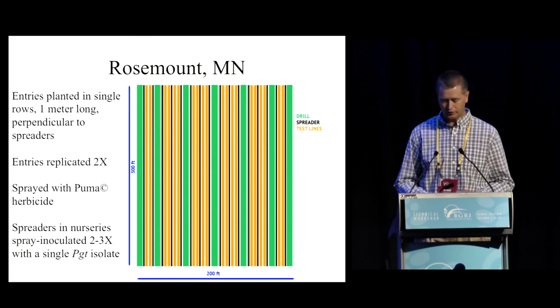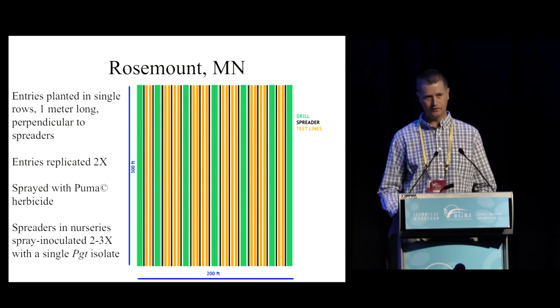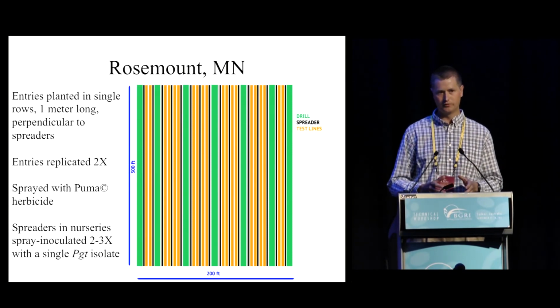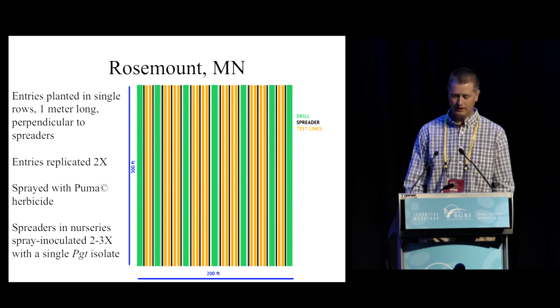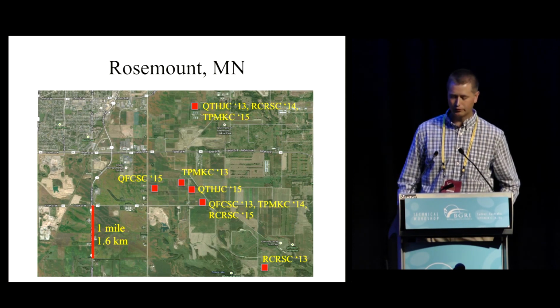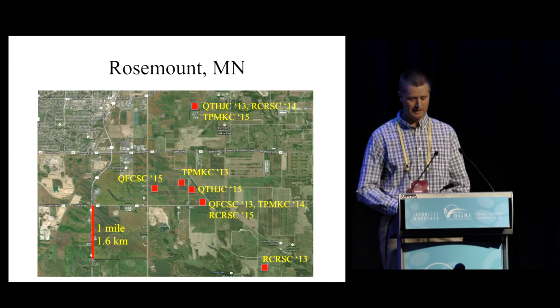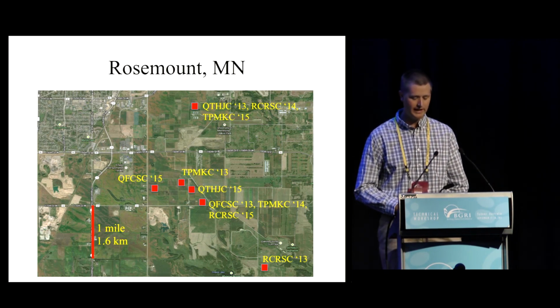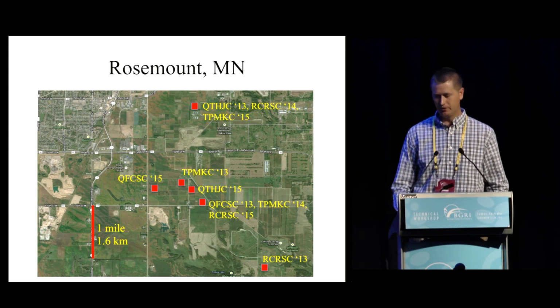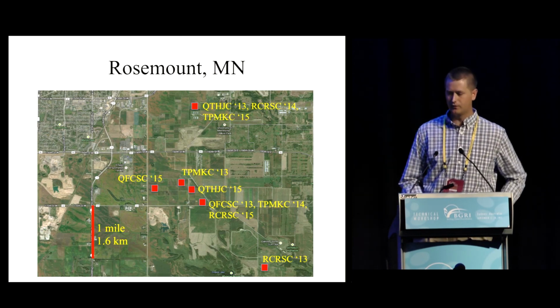The nurseries were sprayed; the spreaders were spray inoculated 2 to 3 times with a single PGT isolate. So we had 4 of these nurseries in Rosemont every year, each inoculated with a single isolate of Puccinia graminis. Here's a map of where those nurseries were located. You can see that there's some overlap of where a nursery might be in one year to the next. And one thing I'd like to point out is that in 2014, we weren't able to get nurseries of QFCSC and also QTHJ. So we only have the 4 races in 2013 and in 2015, and in 2014, we only have 2 of the